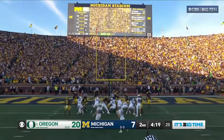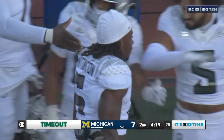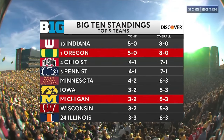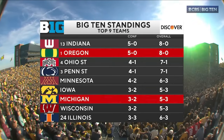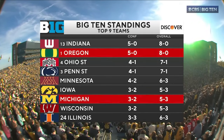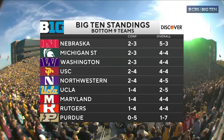Andrew Boyle in for the point after this time, and it's up and good. Oregon and Indiana, the only 2 unblemished teams anymore after Penn State lost today to Ohio State in a tough game in Happy Valley. Minnesota up to 4-2 after they beat Illinois today. And Michigan 3-2. And the rest of the league, as you look down the 18 teams,